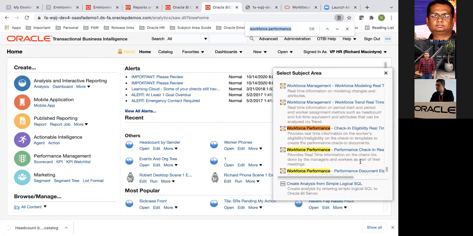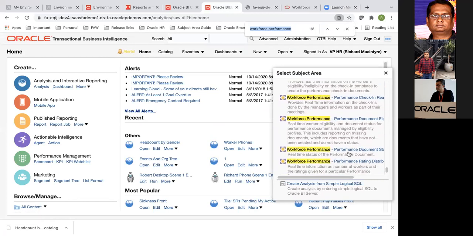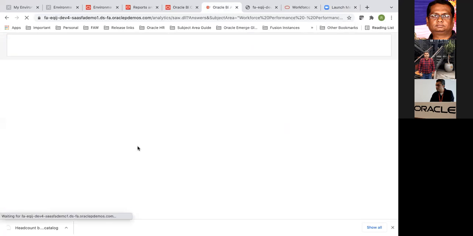Sure. Yeah. So let me try with the same example that I was talking about, the performance document. And if this doesn't pull up, I can show you a different example.